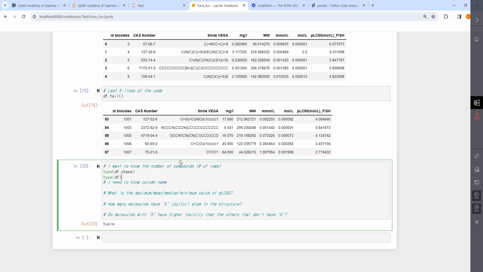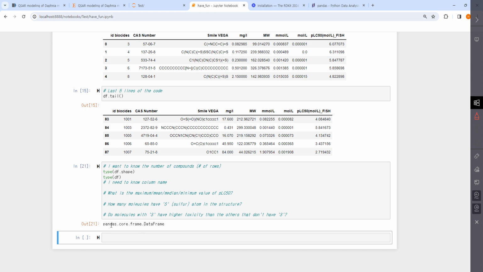If you use type on df, it says pandas. It's something in pandas and it's called a data frame. So that's why we call it a data frame. It's just how it's named. So there are basic different data types. I'll show you the tuple example,